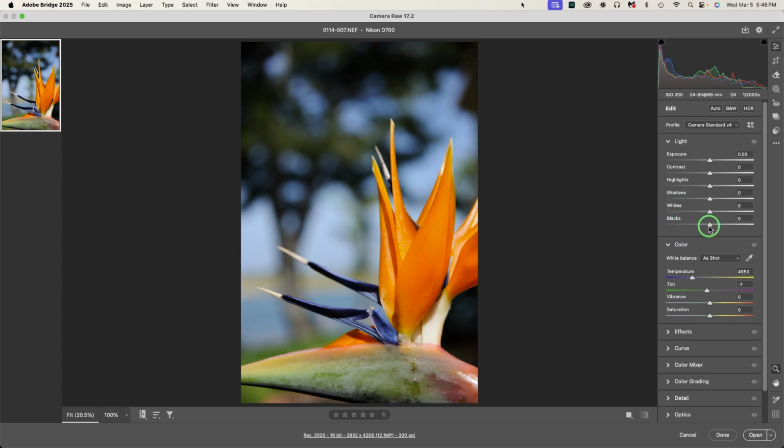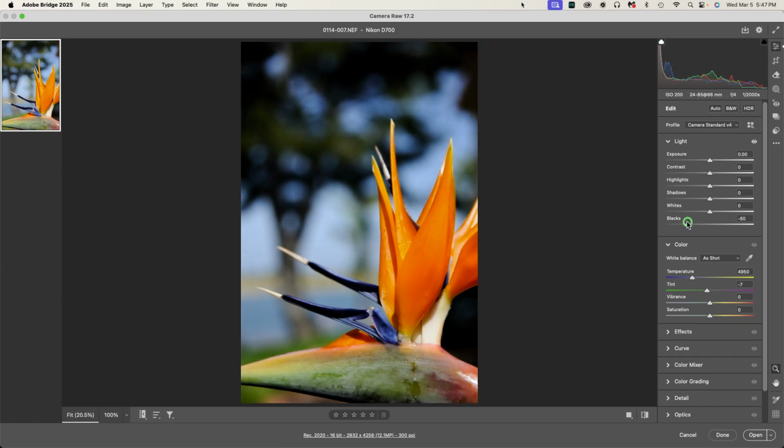And it's the same thing, but kind of opposite for the blacks. If I go to the right, I'll be lightening the blacks, and I'll also be lightening the gray areas as well. You see how we're pushing and pulling all this stuff around? And if I come this way,